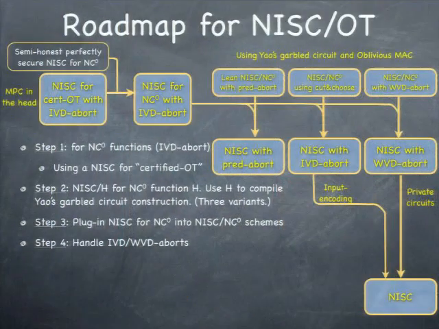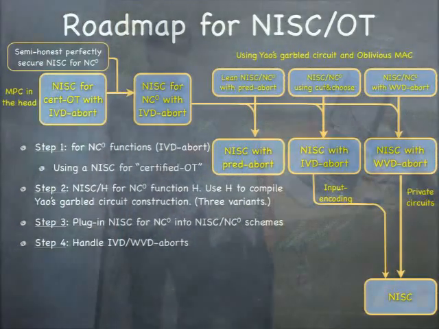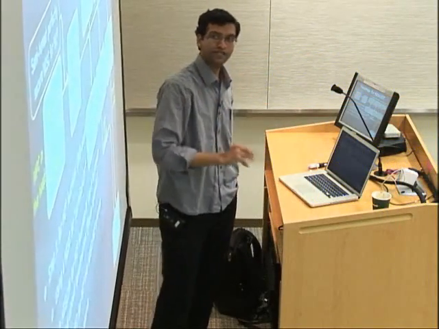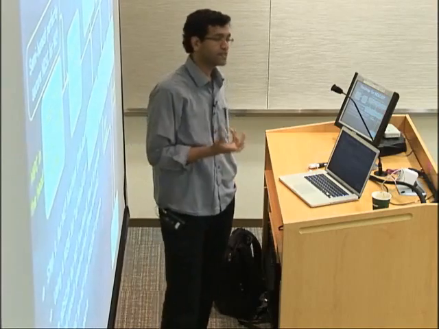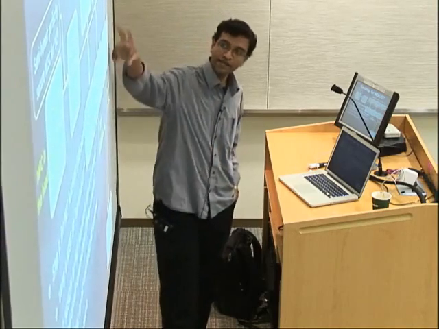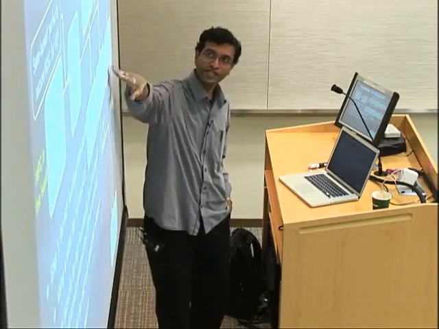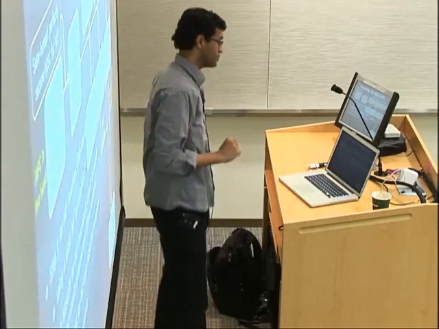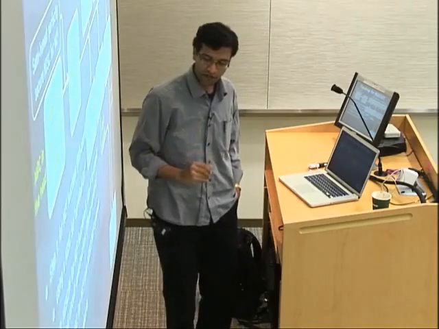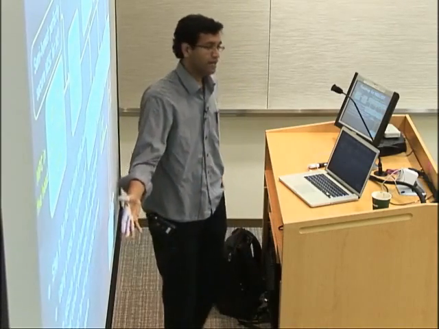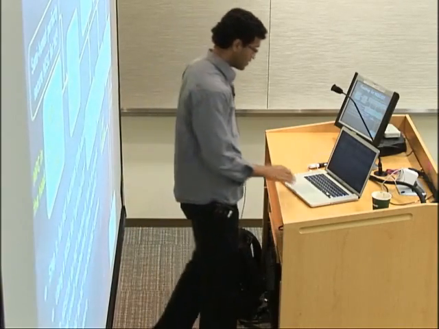This one, which allows you to ask questions about the circuit, we want to make sure you don't get much information by asking questions about the circuit. So we will use essentially a private circuit construction and make sure that this is harmless. Being able to use wire value disjunction abort doesn't really help you. You might just as well abort independent of the input, and that will be the full-fledged security. Okay, so